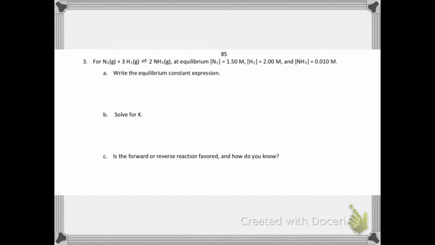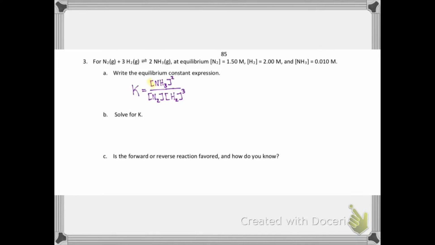So for number 3, on the top of the next page, we are given another reaction, and we're actually given the values of the concentrations. So the first step, of course, write your K expression. You try that, and when you're ready to check your answer, unpause the video. By the way,